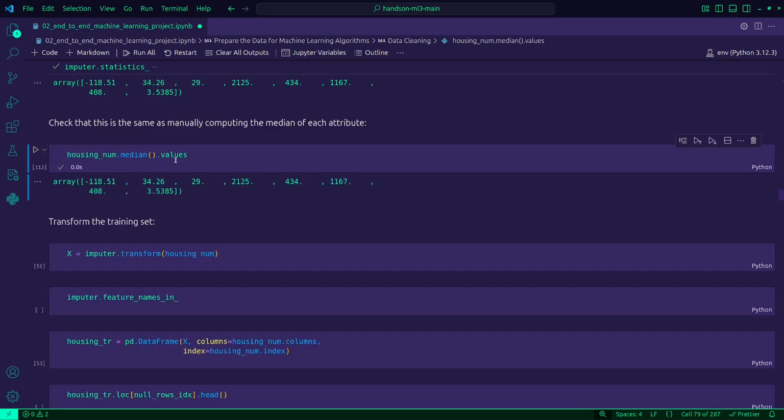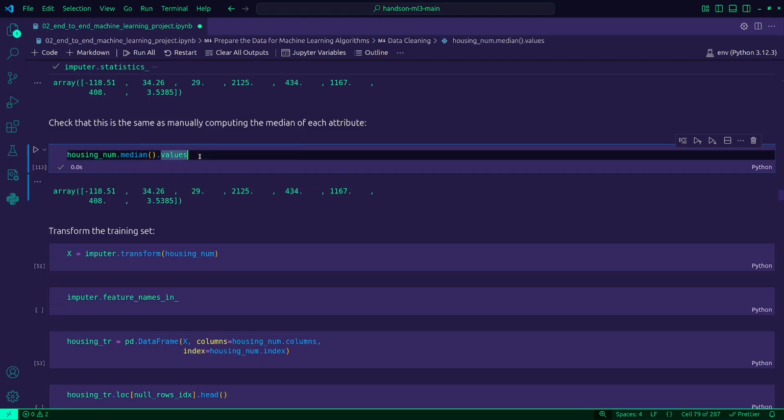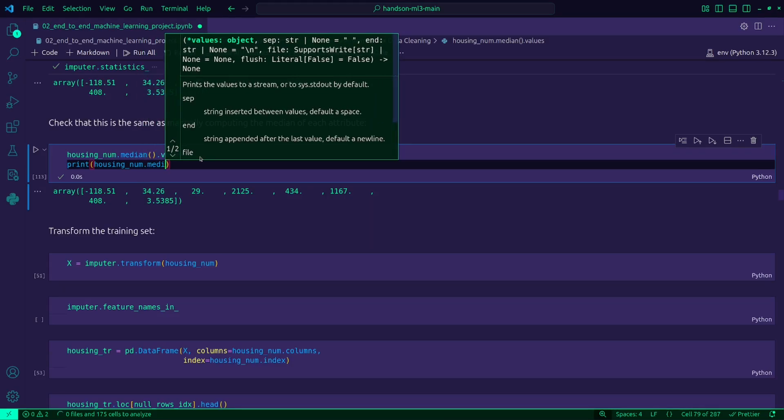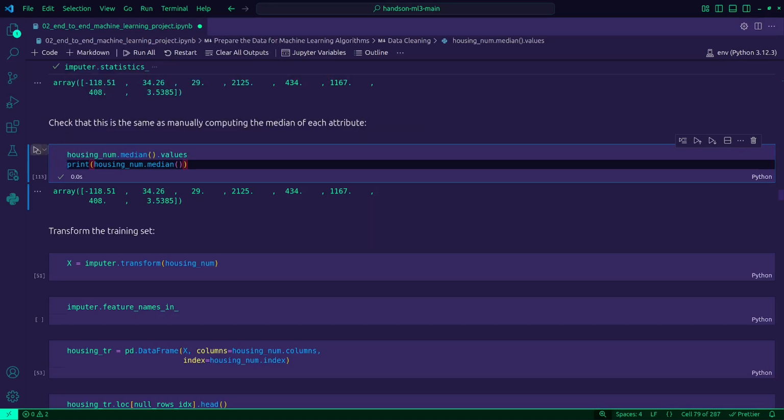Okay, let me check that this is the same as manually computing the median of each attribute. Housing_num median values. What if I print this out?